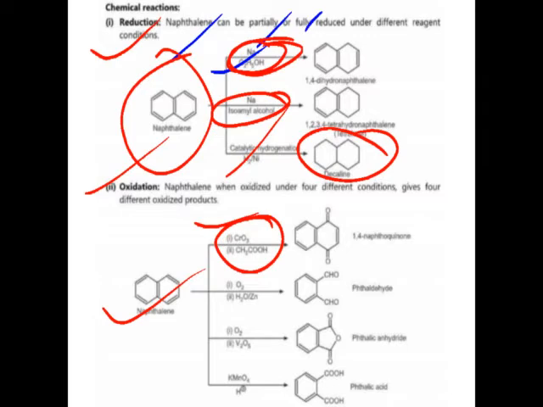If we change the oxidizing agent, if we use oxygen in the presence of water molecule and zinc, we get the aldehyde. So two aldehydes are formed. This is called phthalaldehyde. Okay, so what happens,